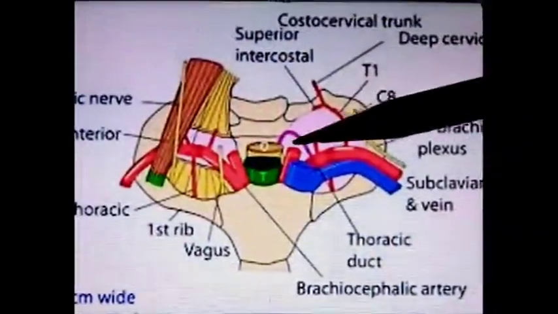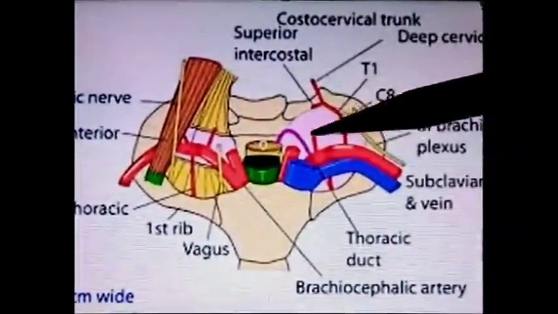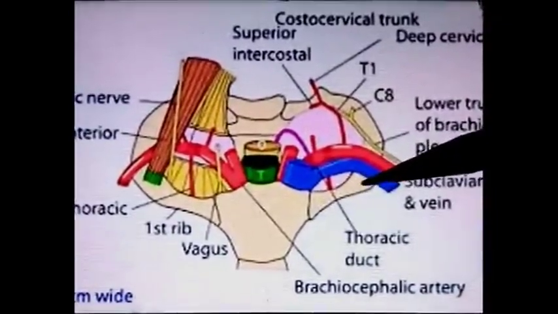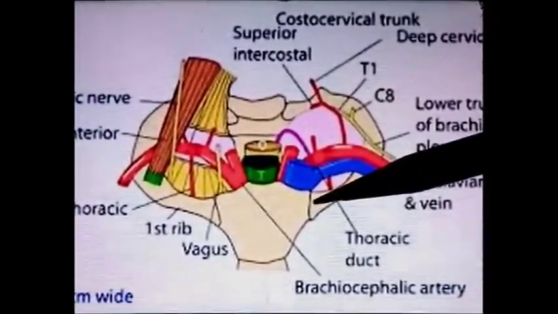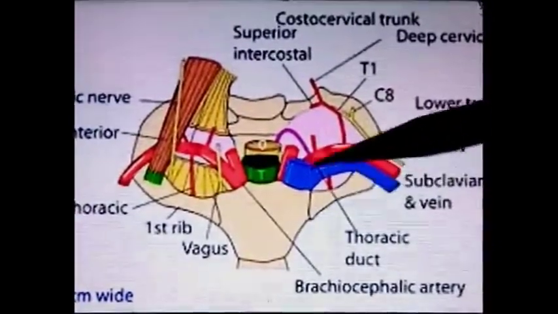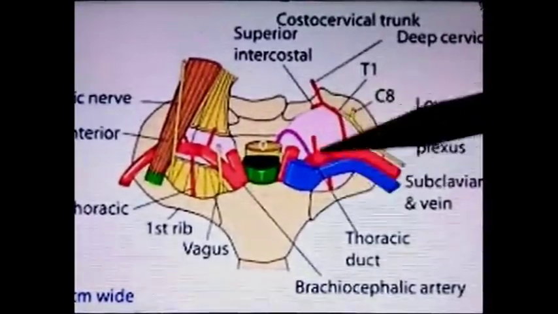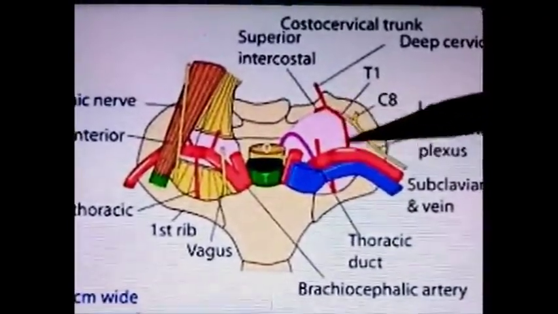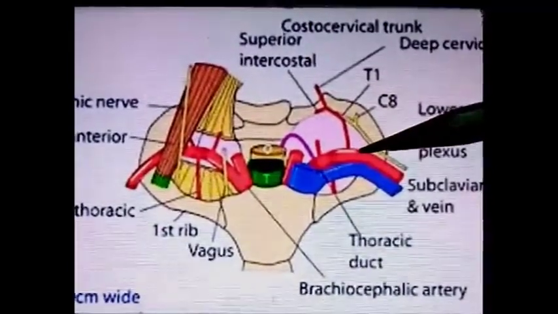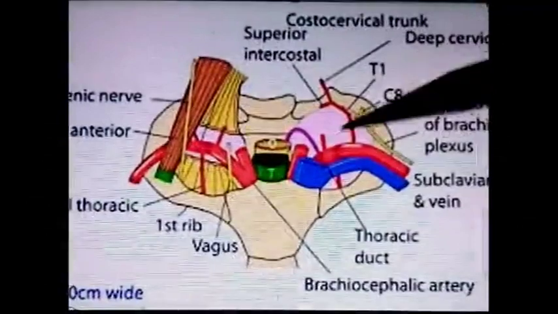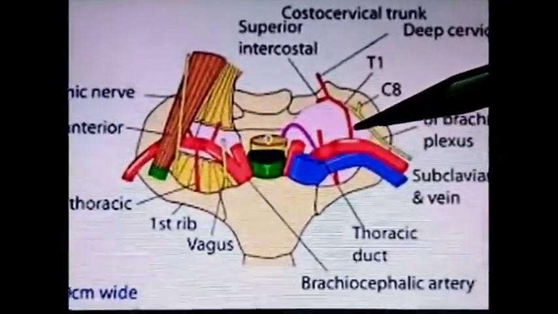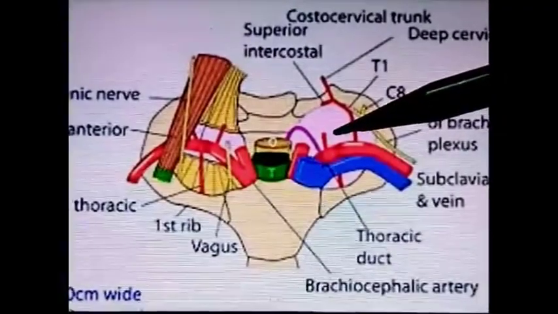It rises into the root of the neck about 5 cm above the first costal cartilage. This is the first rib and the cartilage attached to it is the first costal cartilage. So about 5 cm above this cartilage there is extension of pleura into the lower part of the neck area, and it extends about 2.5 cm above the medial 1/3 part of the clavicle bone.